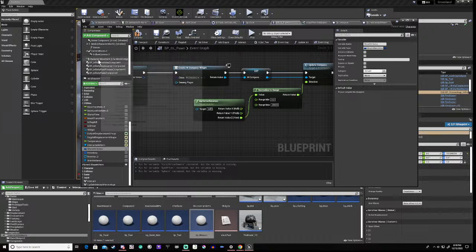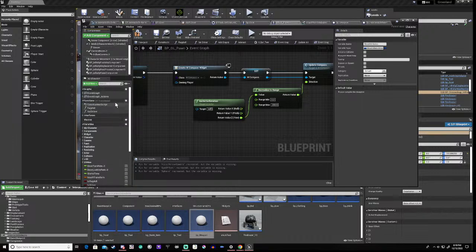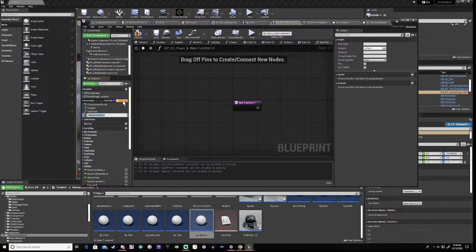and what we're going to do is we're going to add a function and we're going to say recalc weight carried. Okay,